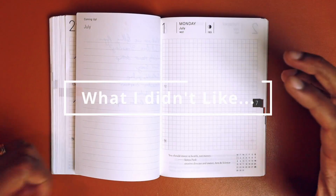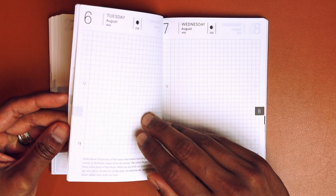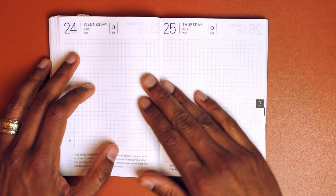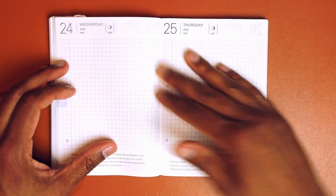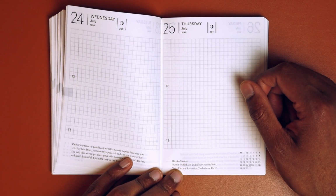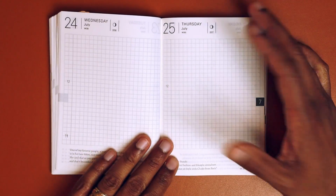So why am I switching away from the Hobonichi A6? It's clearly a great book, as I've described all its praises here. However, there's just certain things that didn't quite resonate for me, and certain quirks I perhaps never actually really got comfortable with. If I take a look at the daily spread,